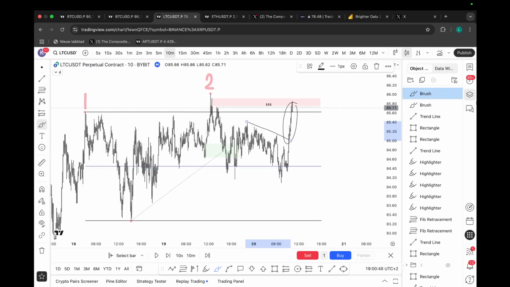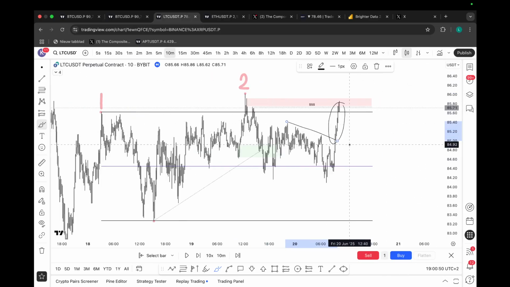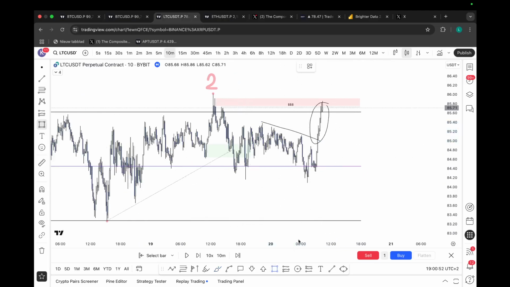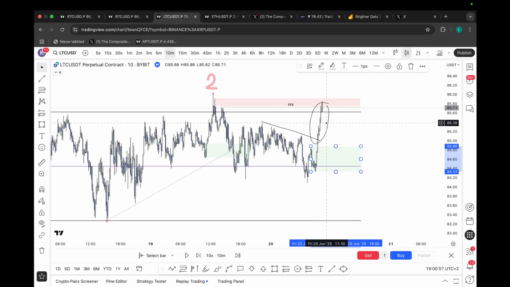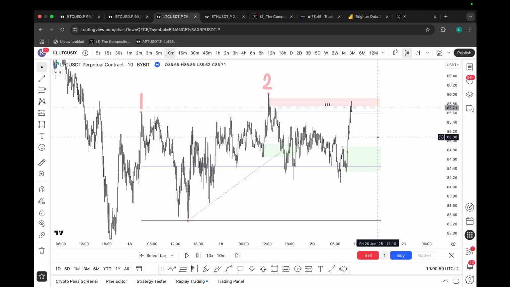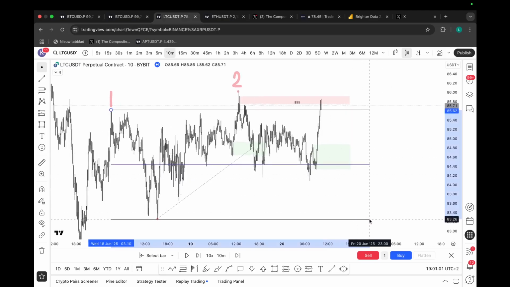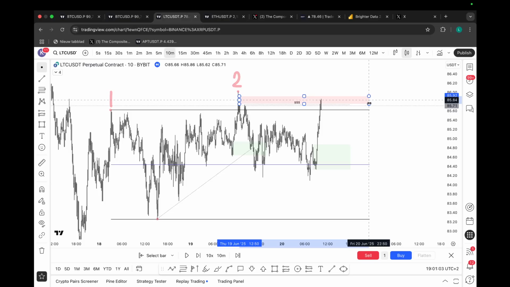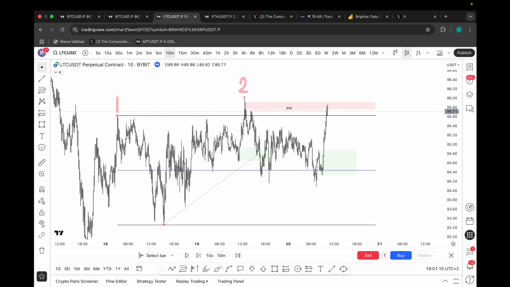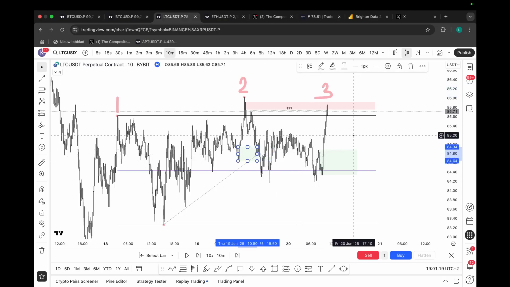Okay? So because of that, we also created this demand POI right here. So you're kind of decreasing the probability of this play because you swept partial sell side, created a buy side, and now got an aggressive expansion into that third tap POI right here. Okay, the third tap is not established yet, but you are creating a potential third tap from a distribution perspective.